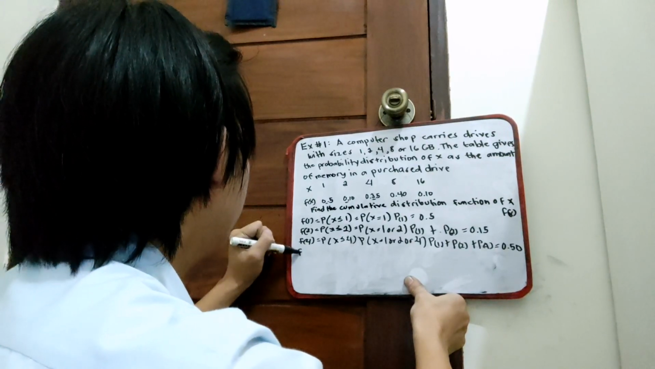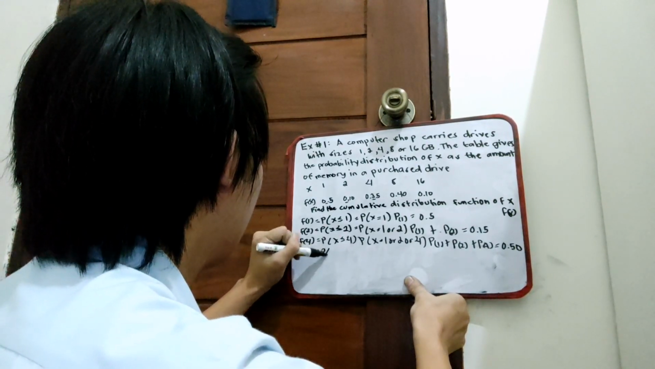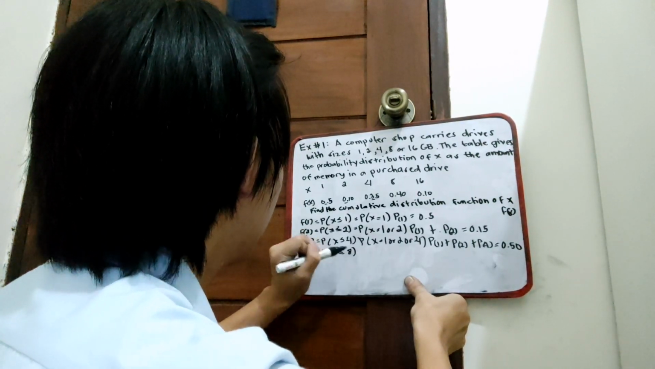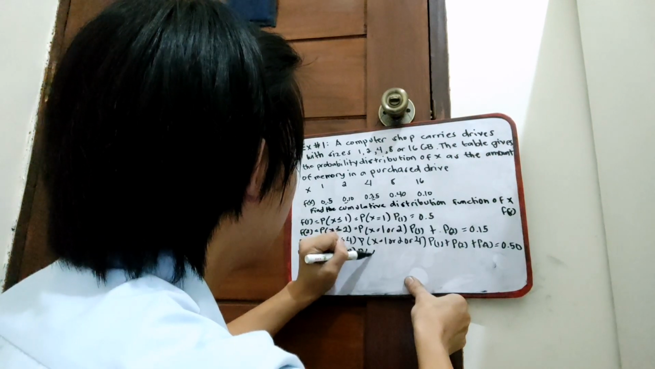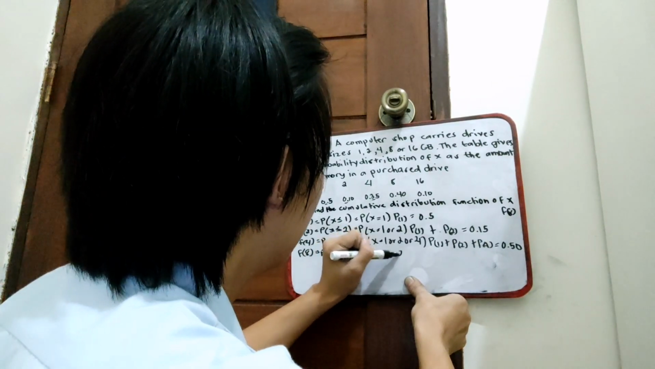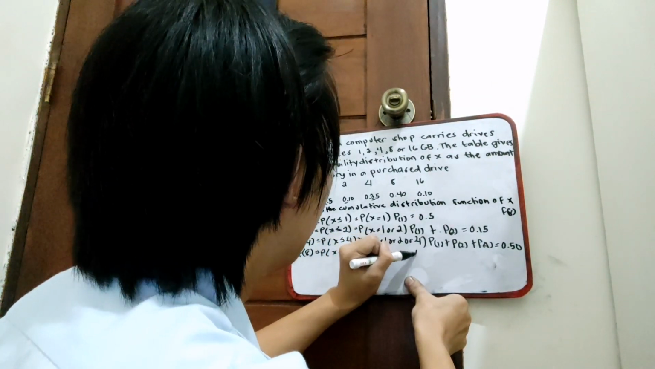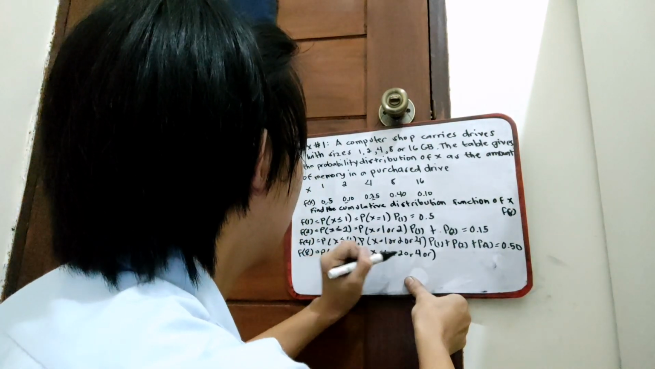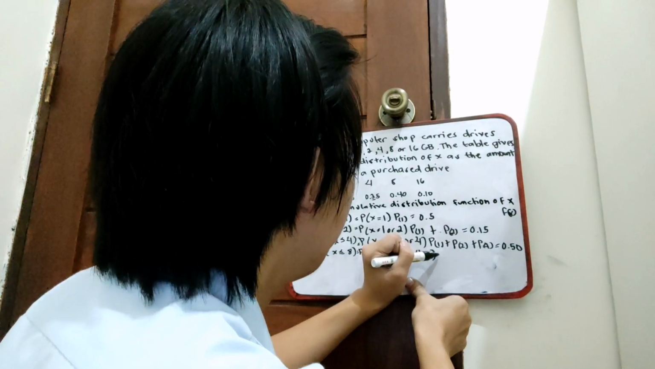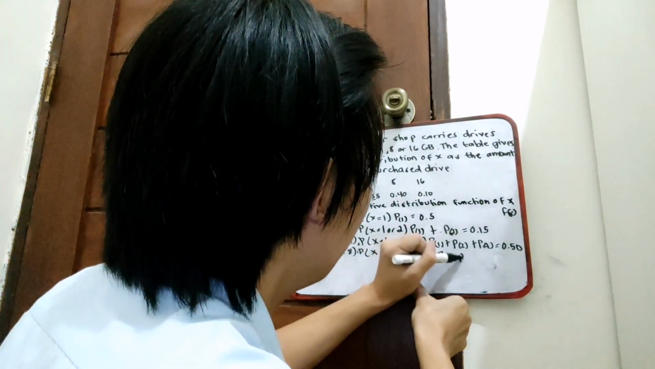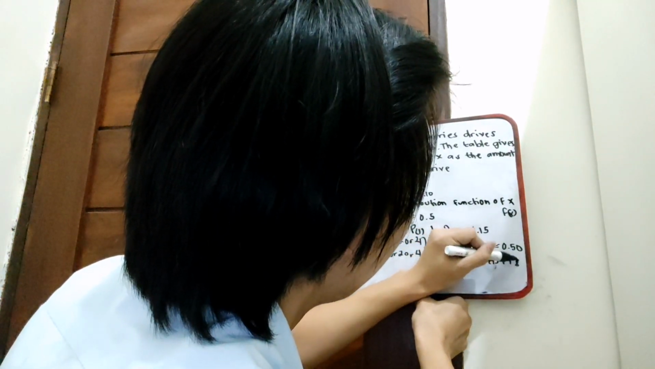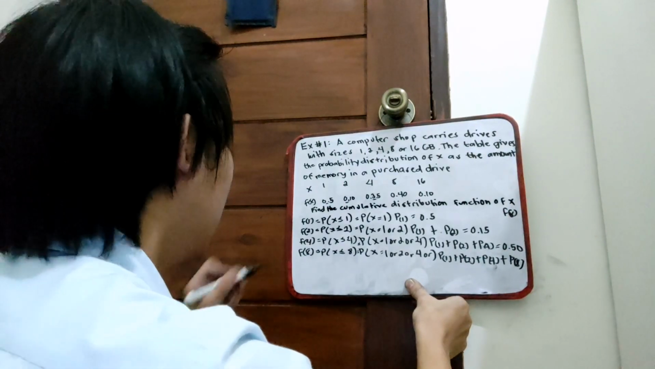Next, f of 8 is equal to P of X less than or equal to 8, which is equal to P of X equals 1 or 2 or 4 or 8. Now we have four values here, so we have four terms also. Which means P of 1 plus P of 2 plus P of 4 plus P of 8. And the answer is